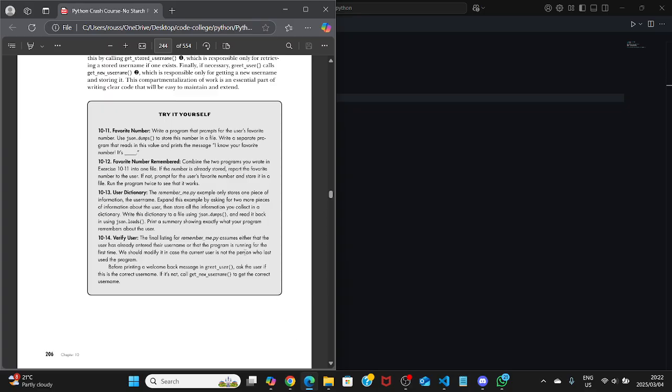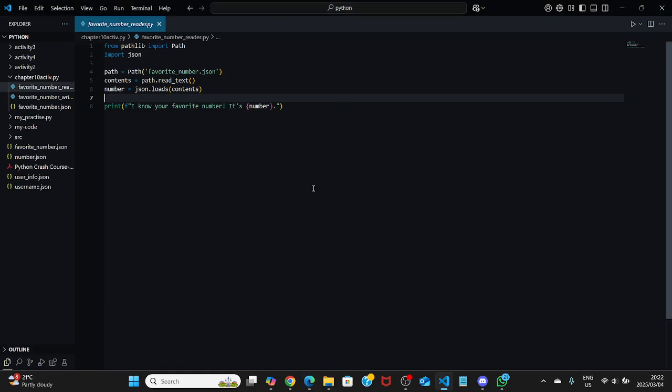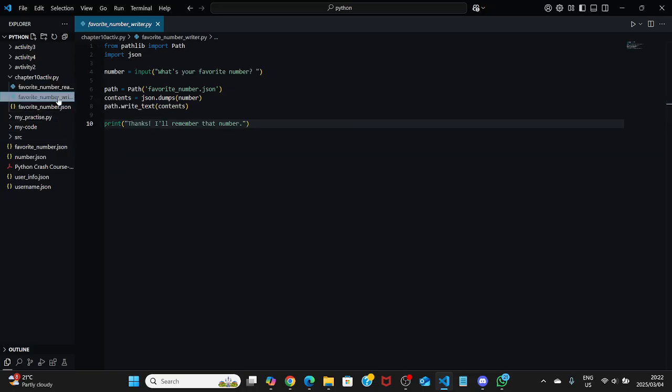Just read the question. So 10.11, favorite number. Write a program that prompts for the user's favorite number. Use json.dumps to store the number in a file. Write a separate program that reads in this value and prints the message, I know your favorite number. Let me just get the other code. Okay, so over here,